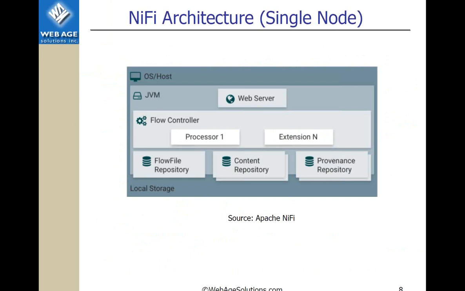Provenance repository, that's where timestamps of the messages would be handled, the size of the message, and some additional meta information, so that next time around when you need to reconstruct the flow, you would be able to contact every NiFi host and stitch that information together, so that on your web console, you will see a very nice flow chart.